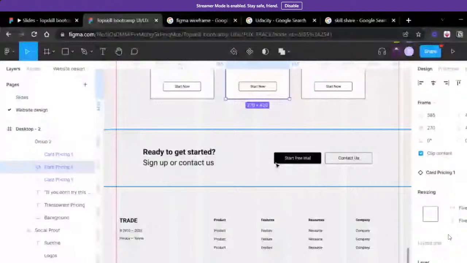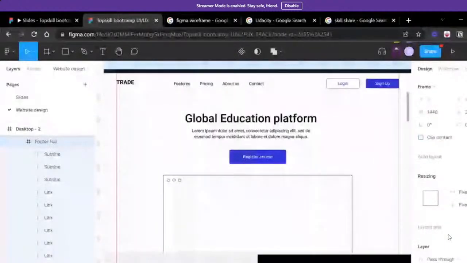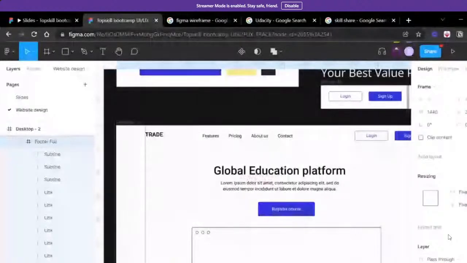Start a free trial. Then of course the footer. You could check platforms and see how footers are created. We're going to stop here. I will send in the design to this when I complete it after this call and send it in so that we can see how this would